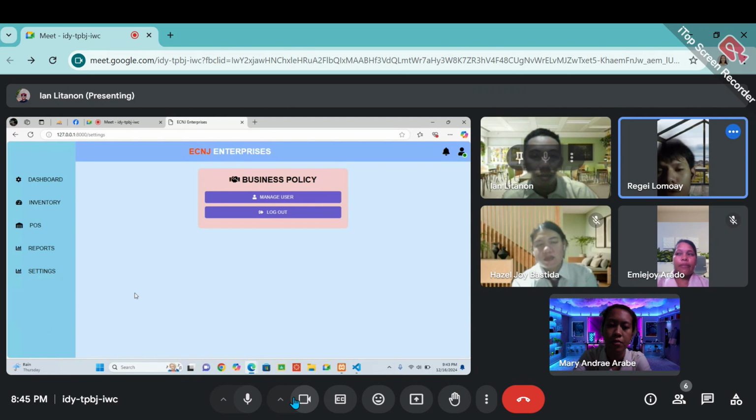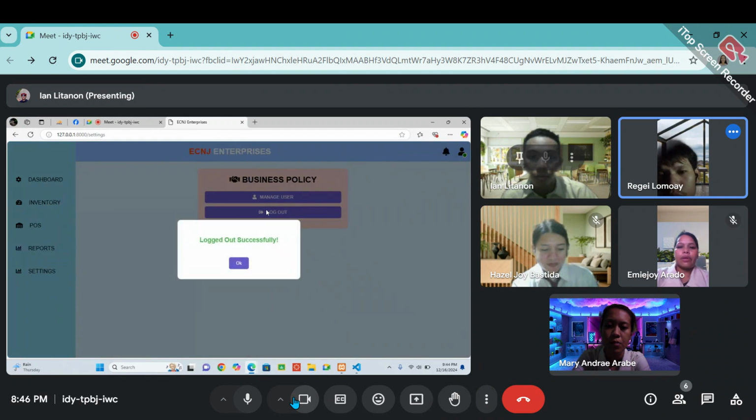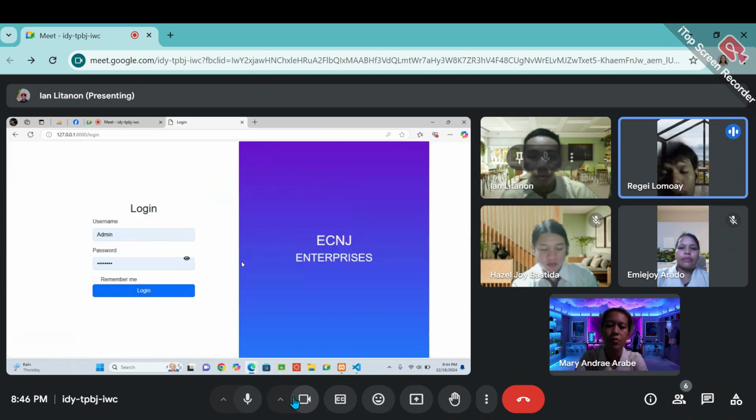If the user or the admin wants to log out of his account for the security of the system, he may click the log out button. Then it shows log out successful, then click OK.